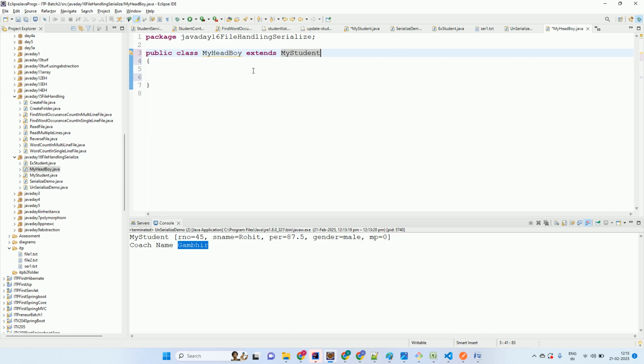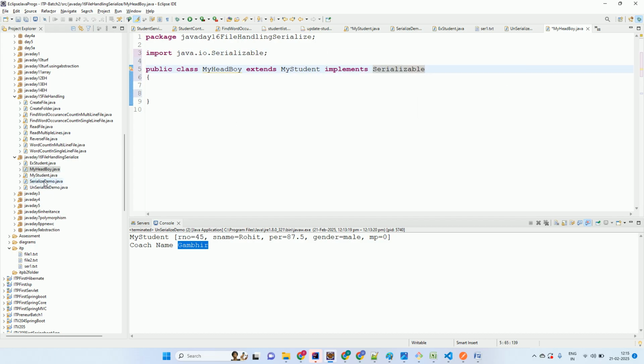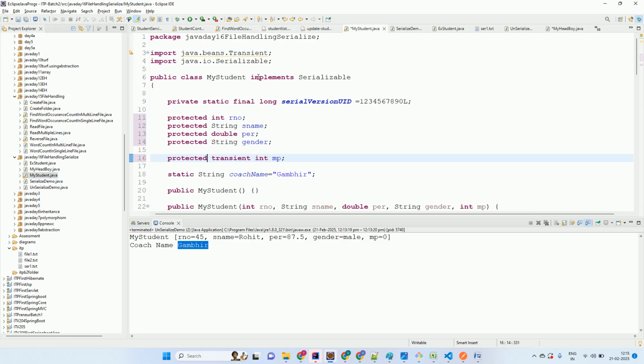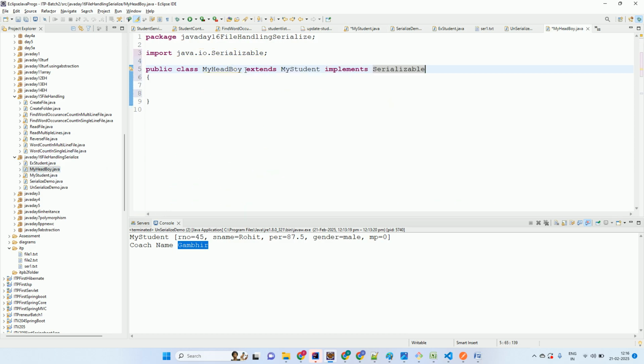क्योंकि अगर माय हेड बॉय सेज इम्प्लीमेंट्स सीरियलाइजेबल, और माय स्टूडेंट नहीं बोले, तो होगा क्या? होगा माय स्टूडेंट होगा सीरियलाइज। चाइल्ड ने बोला है पर पेरेंट ने नहीं बोला है, तो पेरेंट सीरियलाइज नहीं होगा। पेरेंट ने बोला है और चाइल्ड ने नहीं बोला है तभी भी चल जाएगा। ठीक है। एक बात ये और समझने की थी,